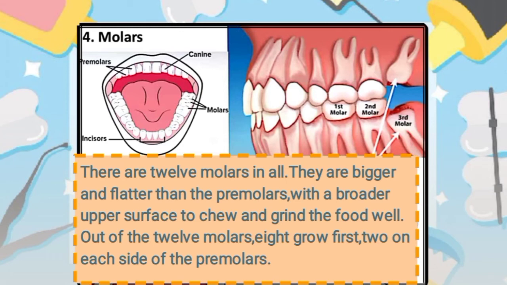When you eat, your tongue pushes food to the back of your mouth. Then your molars break up the food into pieces small enough for you to swallow. The molars include 4 wisdom teeth, which are the last set of teeth to come in. They usually come in between the age of 17 and 25. Wisdom teeth are also called third molars.